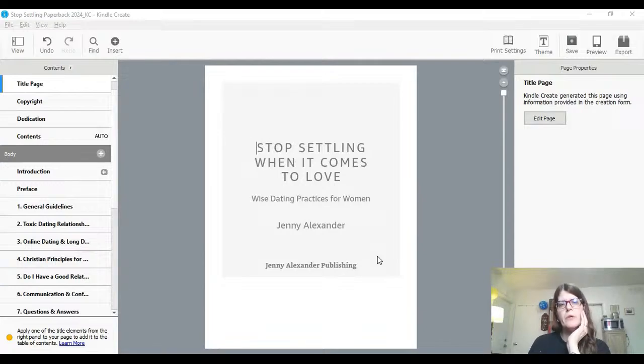So I've exported it, and then, okay, you're ready to publish. It'll even show you where your file is. And then when you go to Amazon KDP, you're going to upload your ebook, you choose this file and upload it, which